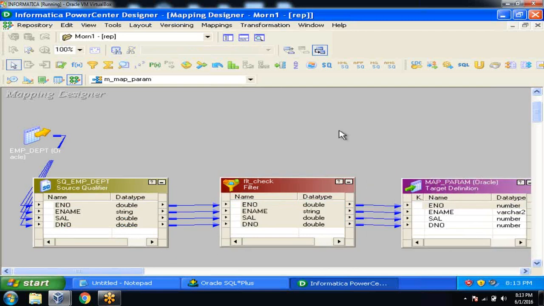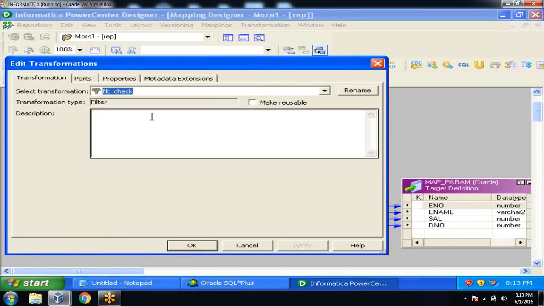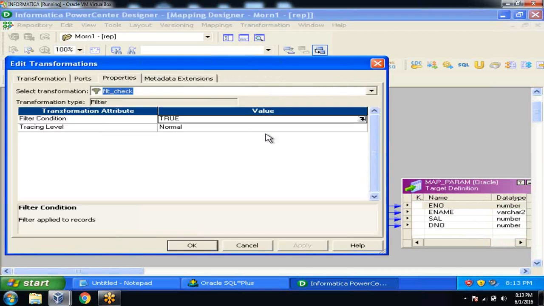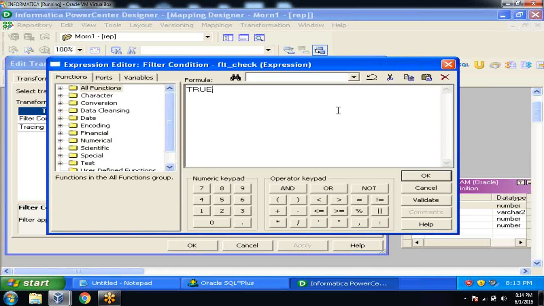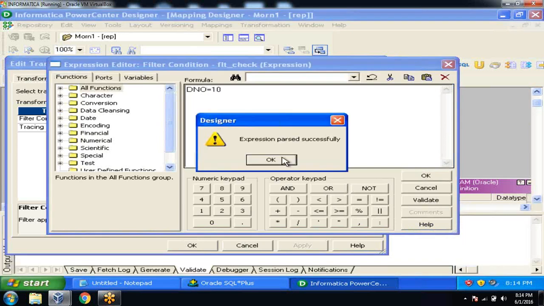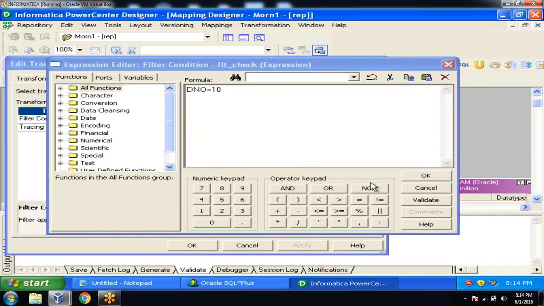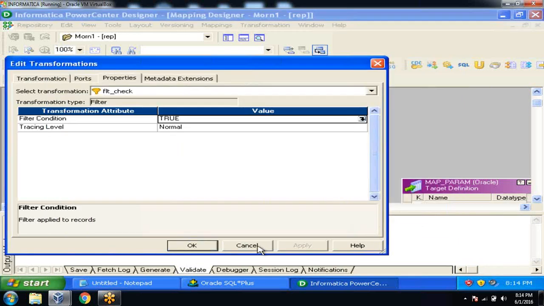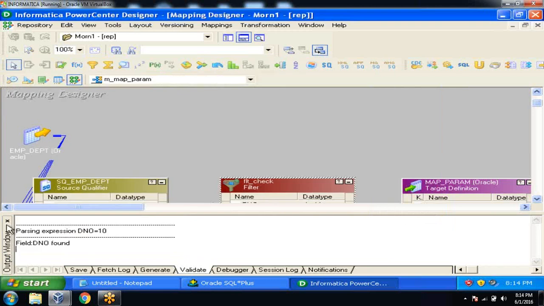So generally, suppose I want to filter department number 10 employees, what will I do? Go to filter, properties. Remove the existing condition and give here D number is equal to 10. Simple. Suppose you want to filter department number 20, again you need to come to the mapping and change it. To overcome that, I am going to create a mapping